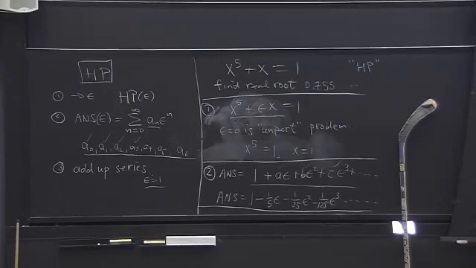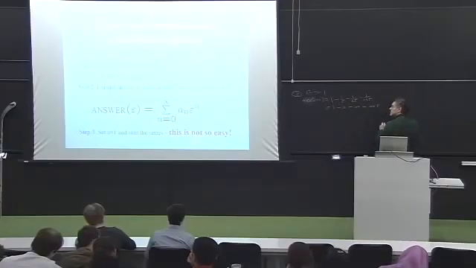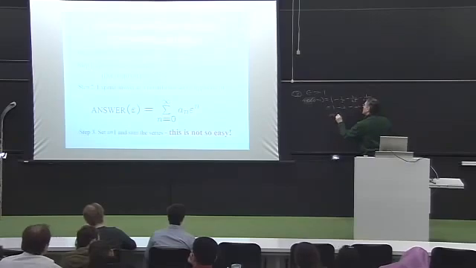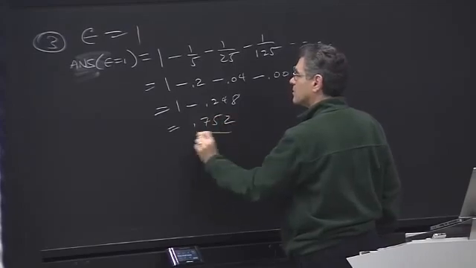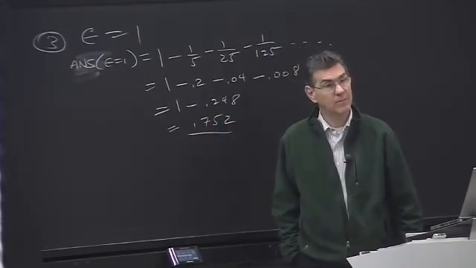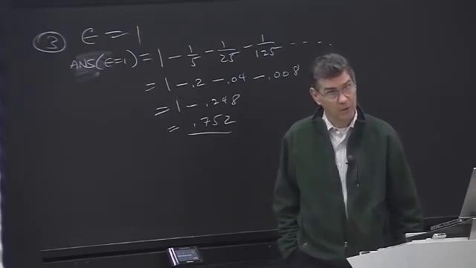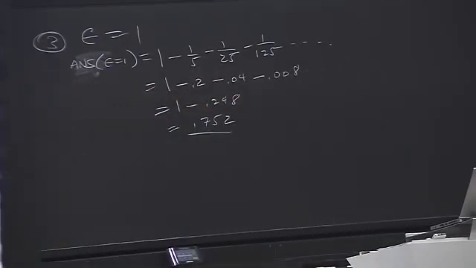We set epsilon equal to 1. And the perturbation series, this is the answer at epsilon equals 1. The perturbation series has the form 1 minus 1/5 minus 1/25 minus 1/125, and so on, which is 1 minus 0.2 minus 0.04 minus 0.008, right? Which is 1 minus 0.248, which is 0.752. Okay? That's the answer that we get, 0.752 so far. And the correct answer is